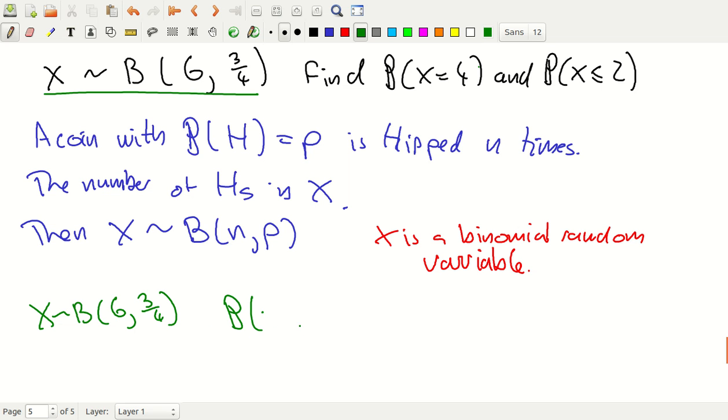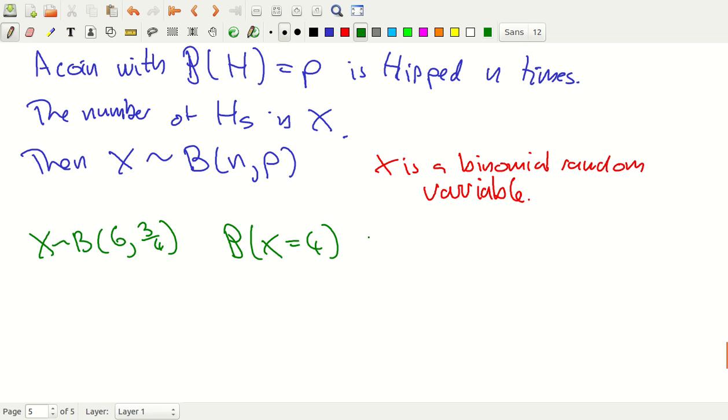And the probability that X equals 4, well, we've seen this kind of argument before. There are 6 coin tosses, and we must choose 4 of them to come up heads. That will count the number of ways we can get 4 heads. So that's 6 choose 4. And then for each of those possible sequences, the chance that heads comes up in exactly the correct places is 3/4 to the 4th, and the chance that tails comes up in the right places is 1/4 to the 4th. So that comes out to be 6 choose 4, 6 factorial over 4 factorial 2 factorial, is 15,